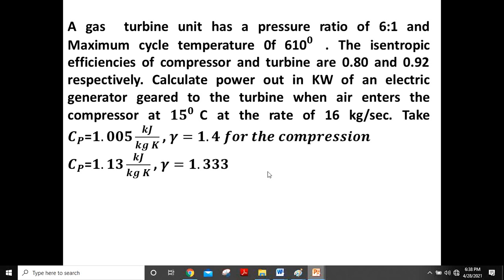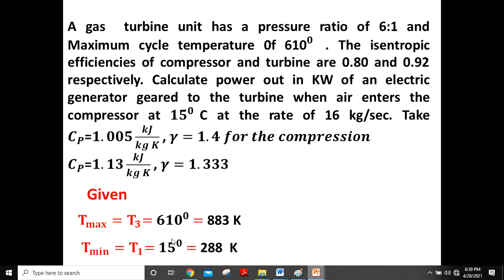That is T3, T4, T4 dash. That is there in the given maximum temperature. You want to write the TS diagram after reading this, and then locate the maximum temperature, which should be in terms of Kelvin. Minimum temperature is given as 15 degrees Celsius. Then Rp is equal to max divided by minimum. It is equal to 6.